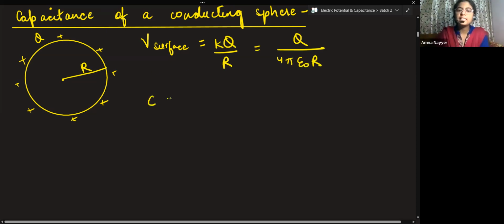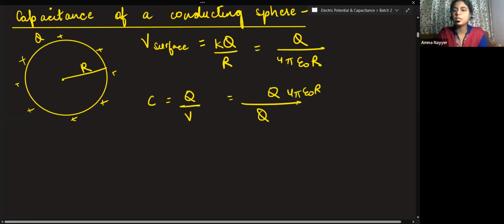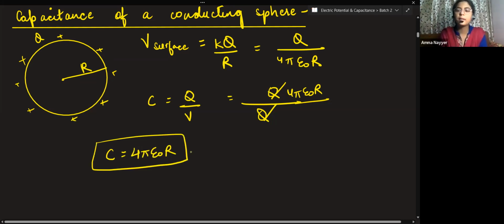Now, capacitance is what? Capacitance is the ratio of charge and potential. So if I put the value of potential from here, V surface that I have calculated, it will be Q divided by this whole term. This becomes what? Q goes in the denominator, 4 pi epsilon naught R in the numerator. So Q gets cancelled. Capacitance is 4 pi epsilon naught R. This is the capacitance for...